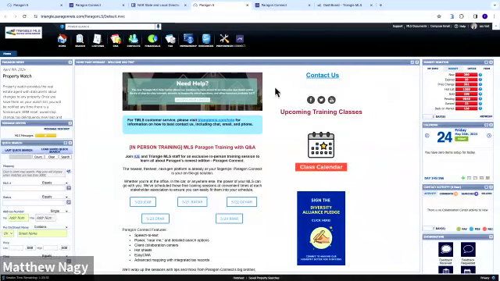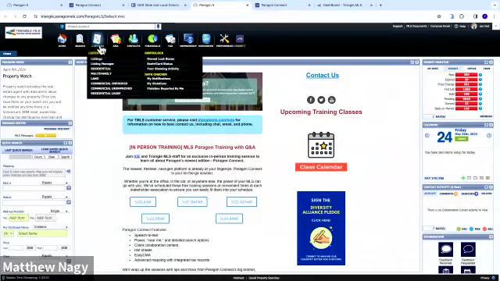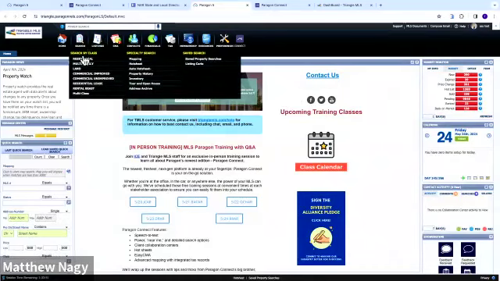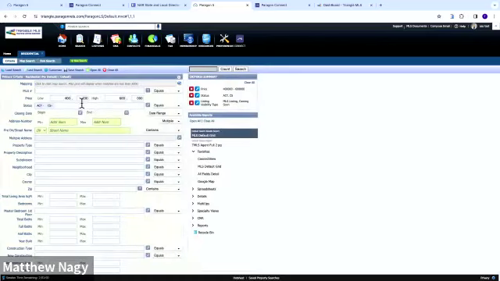But what I wanted to share with you, just to kind of level set, if you're not familiar, or if you are familiar, I'm just going to do a basic search. Okay. And this is a real basic search. I've got a little bit of information here. I'm going to put in